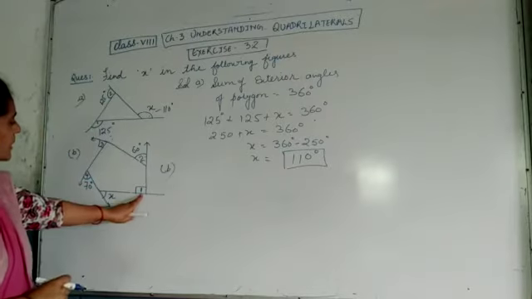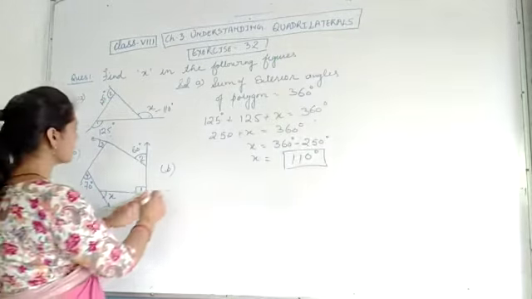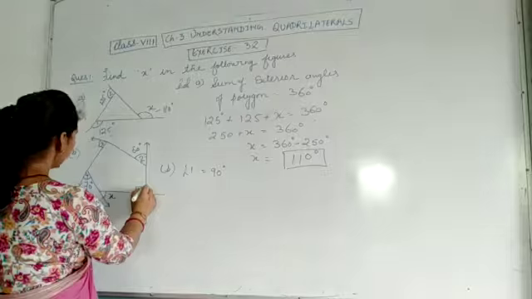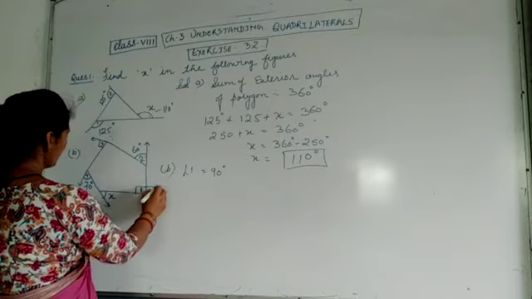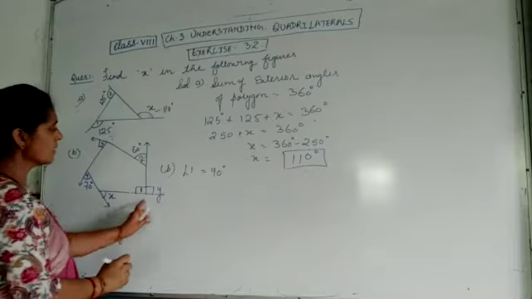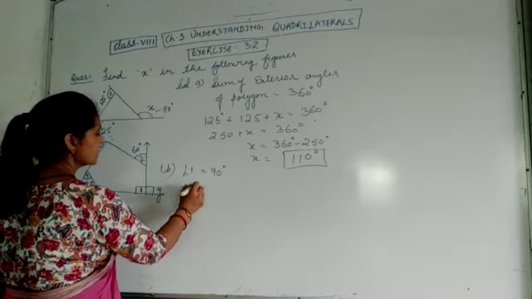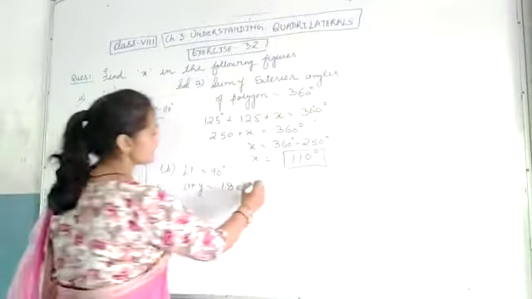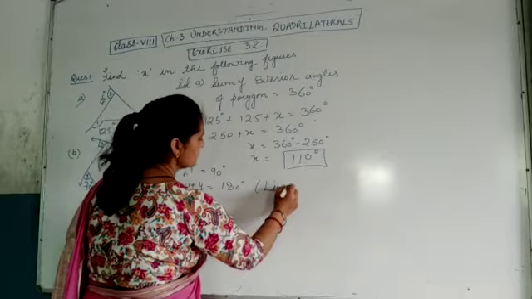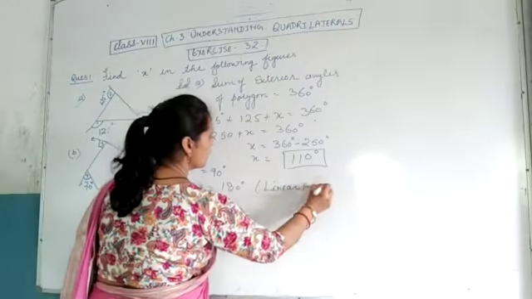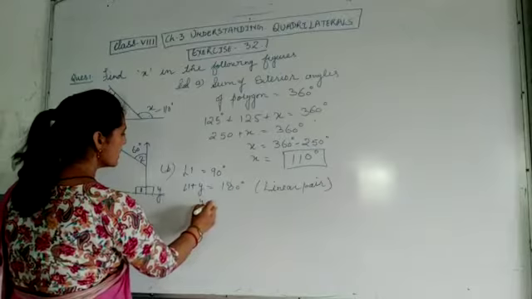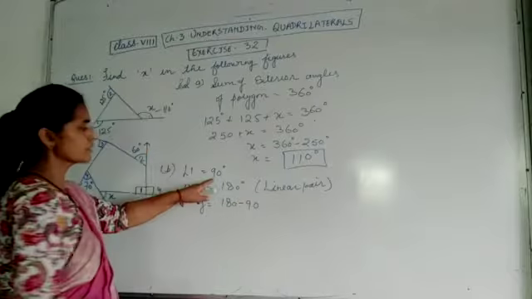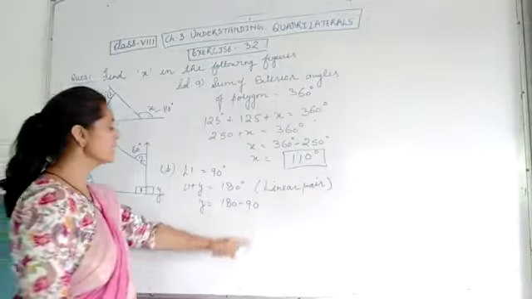Okay. Now here question number B. Now look here. This is angle 1. Angle 1 is given, that is 90. Now take it as angle y. Angle 1 plus angle y is equal to 180. 180, why? Because they are forming a linear pair. So angle y will be 180 minus 90, because angle 1 is 90. So y will be angle y